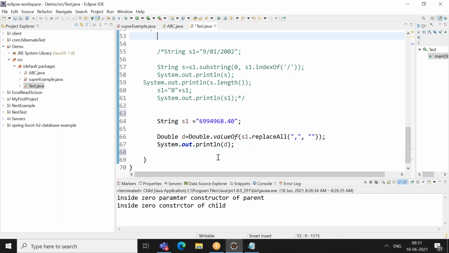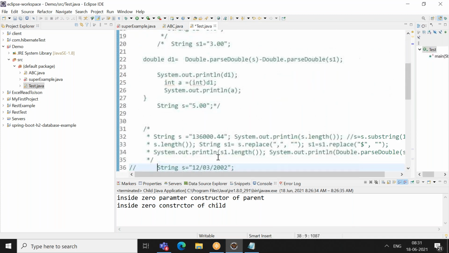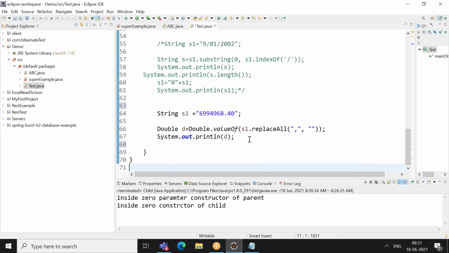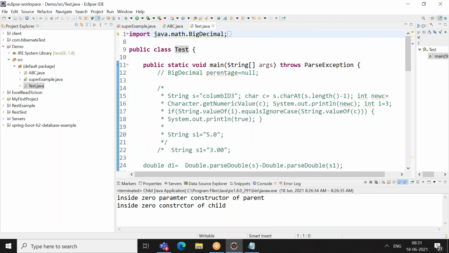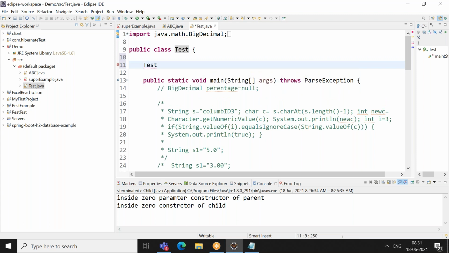So here I have a main method, right? Do not worry about the many comments. Here I'm trying to create an object with zero parameter: t1 equals new Test. You see there is no error. Even though the Test constructor does not exist in the class, there is still no error because the compiler is creating it. Okay. Assume that I am writing a Test one parameter constructor. Then that will throw an error.